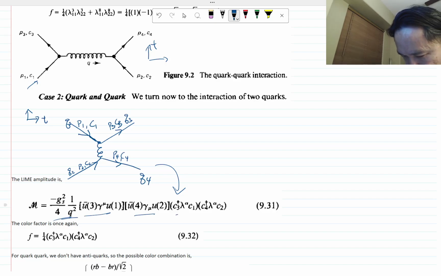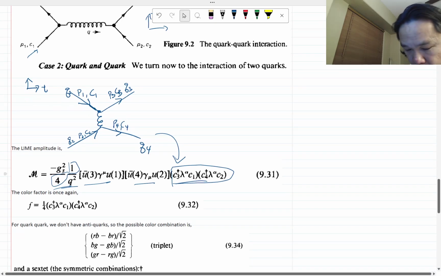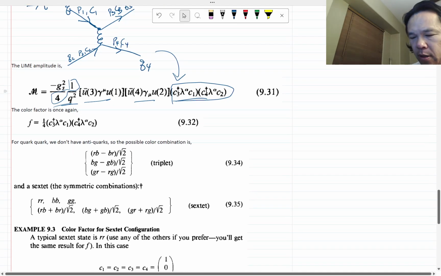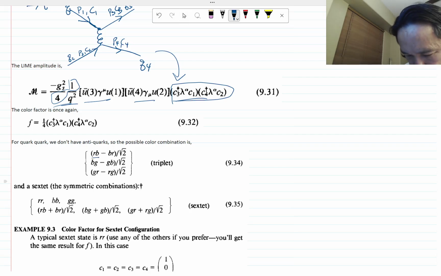Griffiths basically tells you what it is, but once again we have another color factor here, 1/4 times that. This factor is also the same. What happened is that since you have quarks instead, there are multiple color combinations that would work. In fact, we just cannot pick anything that has an R bar or a B bar or a G bar on it, and those possibilities are these, where you have RB minus BR, and then BG minus GB, GR